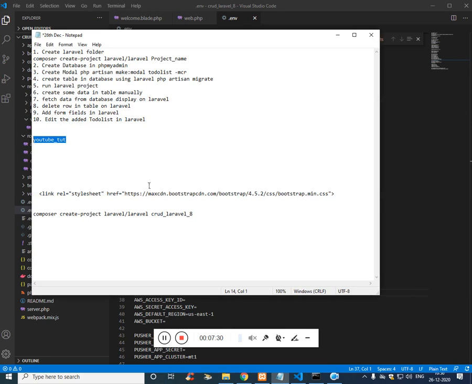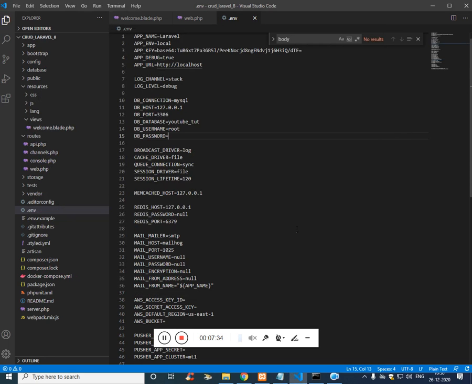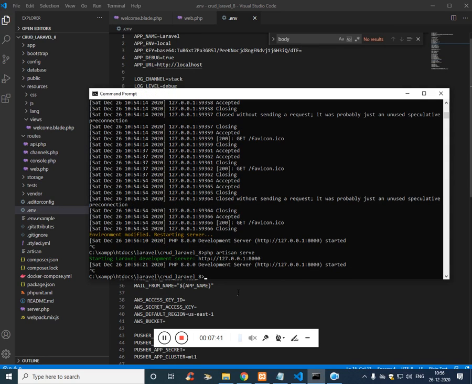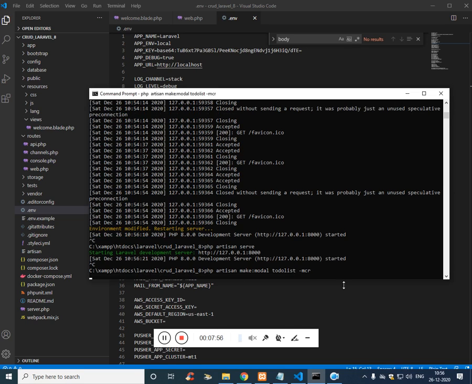The second thing is we are going to create the model, the controller, and the migration. Control C again to quit the server, paste it. So what we are saying is php artisan make model. The model name you are presenting here will be the table name. So if I click enter,